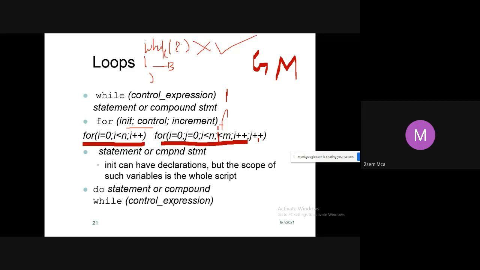Okay. Any other answer? Ma'am, the less than m part is not right. Why? Ma'am, because it has no operator to compare with. I will include it. Still, I have not written the body. See, initialization I have written: for i = 0, j = 0; i < n; j < m; i++, j++.